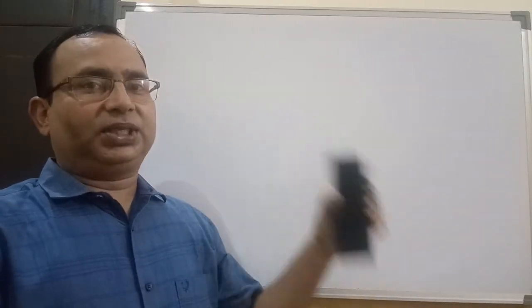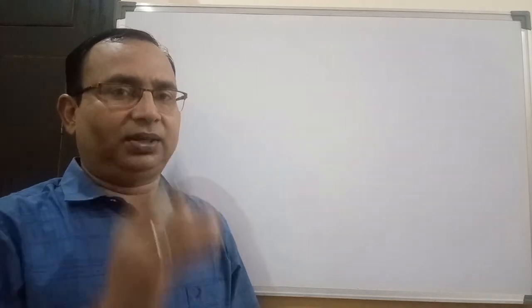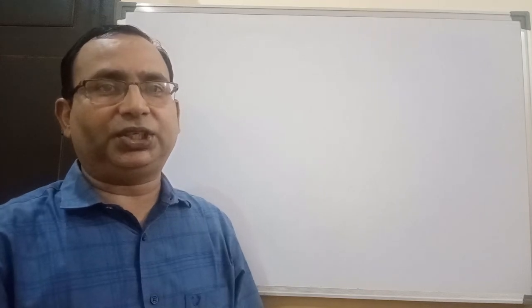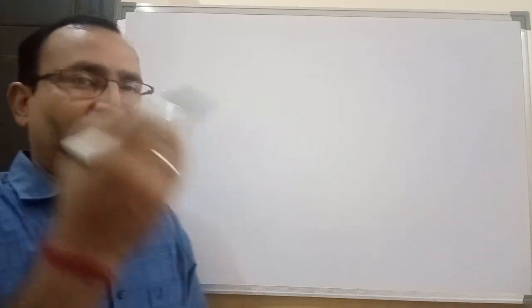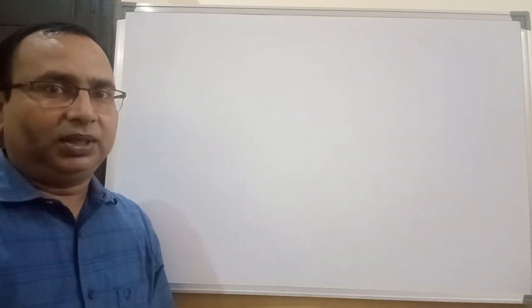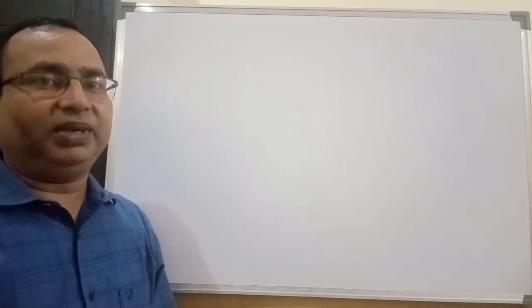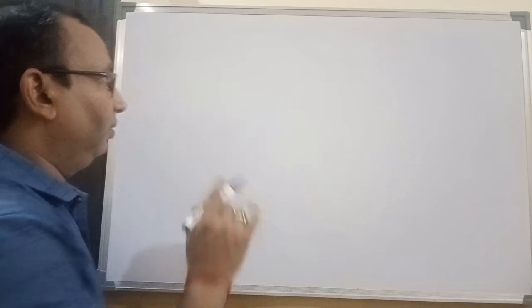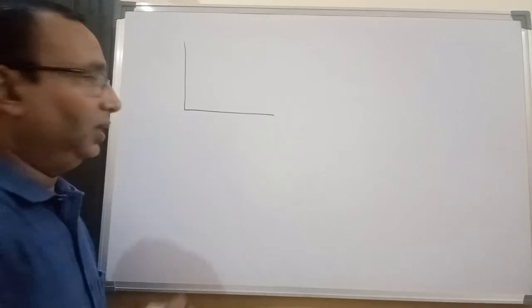So already we have discussed the different phases of the microbial growth curve. Now we can discuss some facts which are important to take into consideration for drawing the microbial growth curve. Students keep on drawing microbial growth curves, but sometimes they draw the wrong growth curves. What are the facts which we have to take into consideration when we are going to draw the microbial growth curve? For example, if you are drawing a microbial growth curve like this,